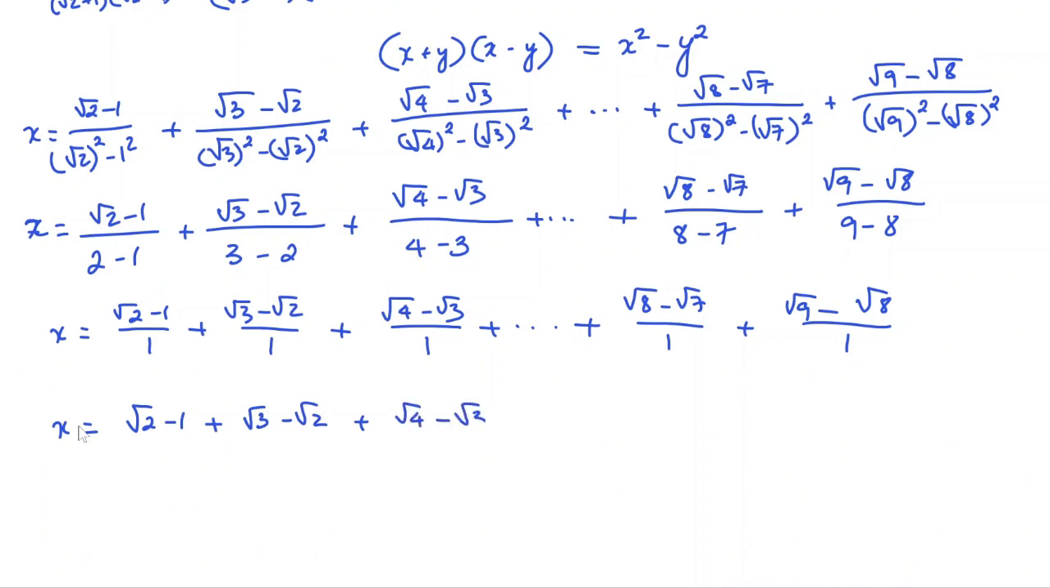Plus square root 4 minus square root 3 here, and so on until we have square root of 8 minus square root 7 and plus square root of 9 minus square root